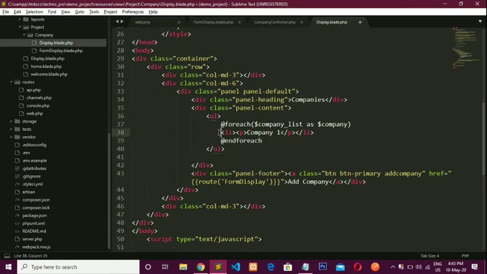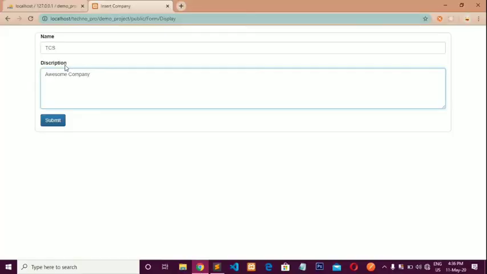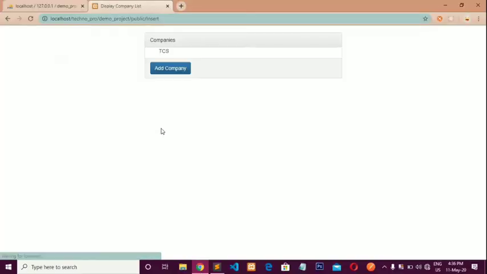Okay, now remove this and write in double brackets $company and company name. Now save this and go to the browser and submit this. Okay, here you can see I am getting the company's records dynamically.